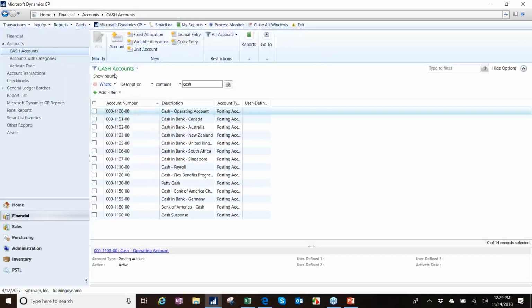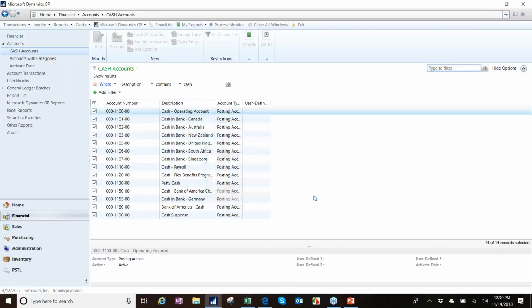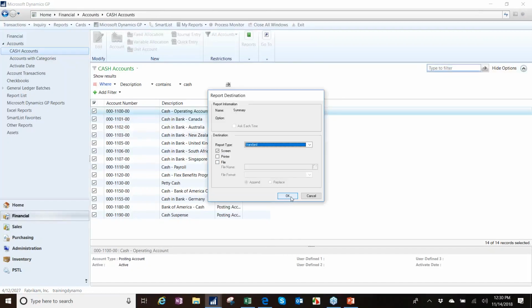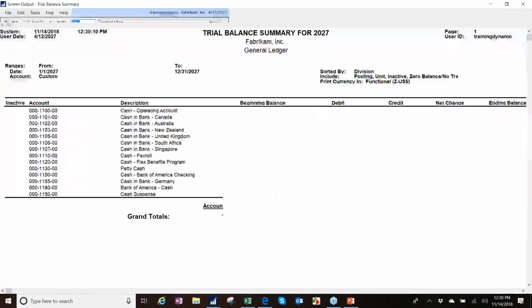Save my change because I wanted to fix that one. Hit the arrow at the top or the little checkbox at the top. I can put this in Excel. Reports, I can do a trial balance. I can pick the details or do summary. We'll do summary for now. Pick which year I'm running. I'm on my test company, so it's a funky year. Click OK. And now I've got a nice summary